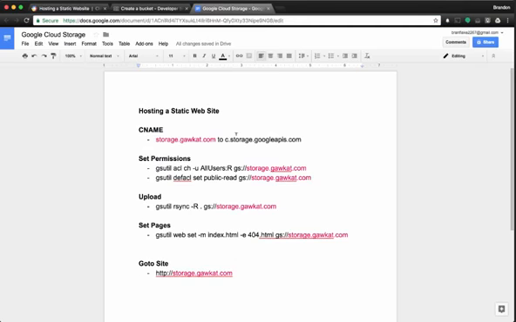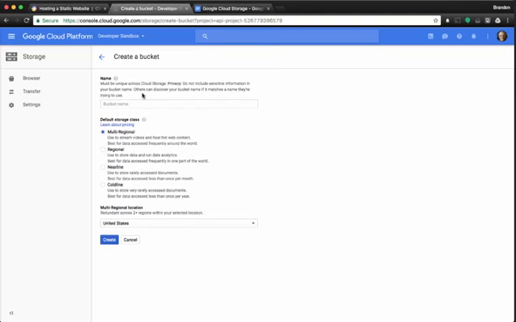I have some directions I've made up already to help this tutorial along. Before I get going, I've already created a CNAME where storage.gsutil.com points to the Google APIs. I have set this up already in the Webmaster tool, so it's a lot easier to get going. But I won't cover those steps, so I'm going to copy my first step, the bucket name, go back to it,